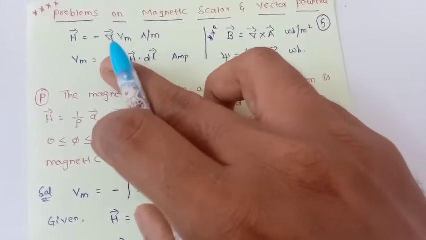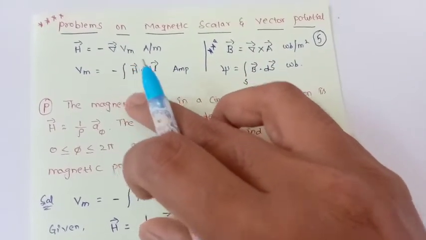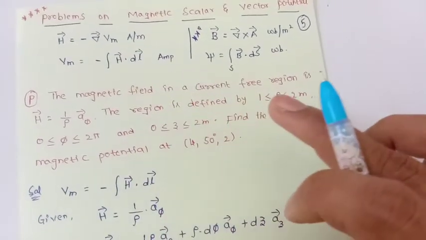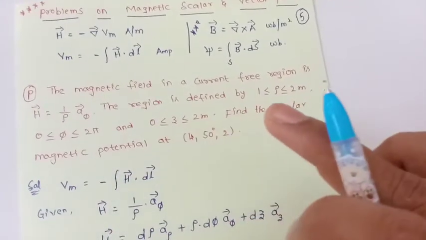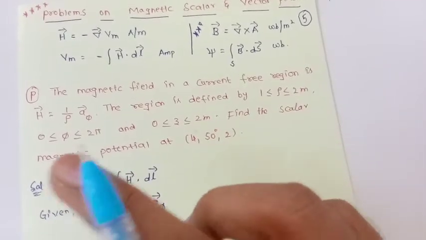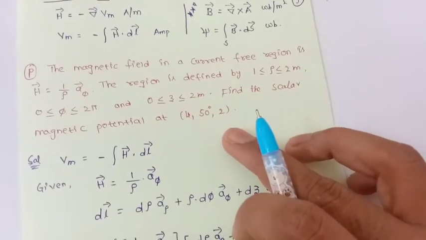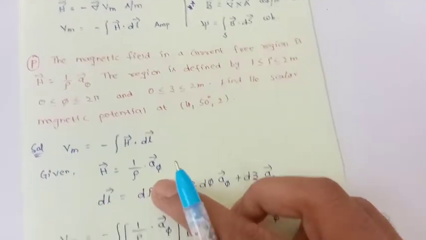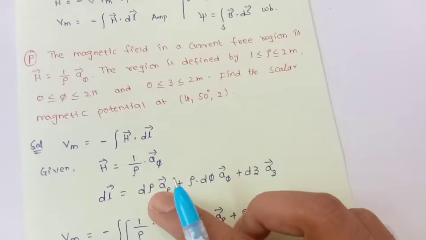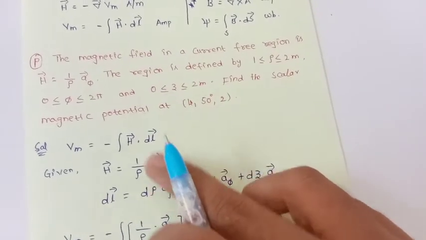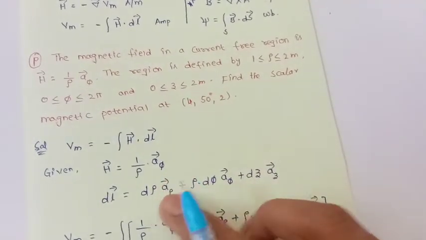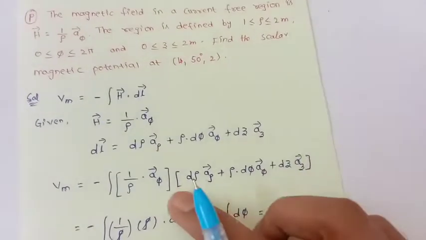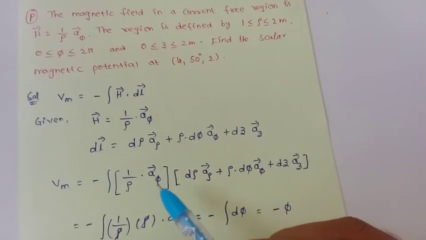See here, first of all we will see the problem regarding the magnetic scalar potential. Is it clear? See, the magnetic field in a current free region is this. The region is defined by rho 1 to 2, phi 0 to 2 pi, and z 0 to 2. Find the scalar magnetic potential. We know that Vm is equal to minus integral H bar dot dl. H bar they have given, then we have to find the dl vector. It is in the circular cylindrical coordinate system, so I have considered dl in circular cylindrical coordinates. Is it clear? Now after performing the dot operation, only a phi dot